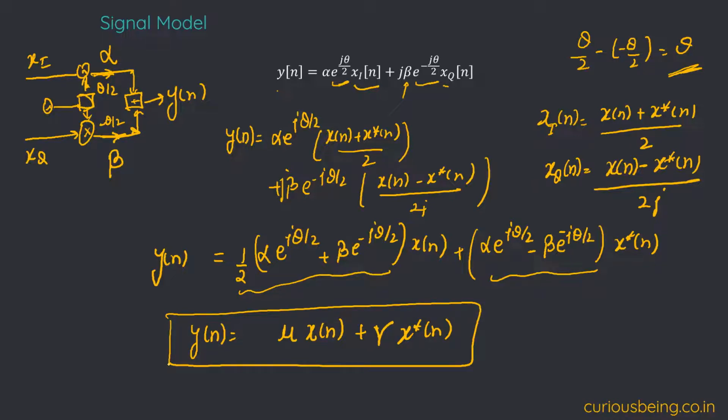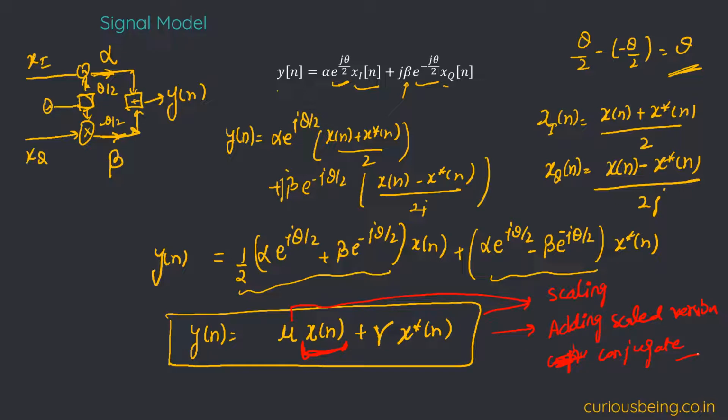So let's try to understand the implications of this, or what it is doing to my signal. In the time domain, what is it introducing? Because now we should look at x[n], which was the ideal signal. First point, it is introducing some scaling. Second point, it is adding a scaled version of its conjugate part. This will basically be the distortion part.